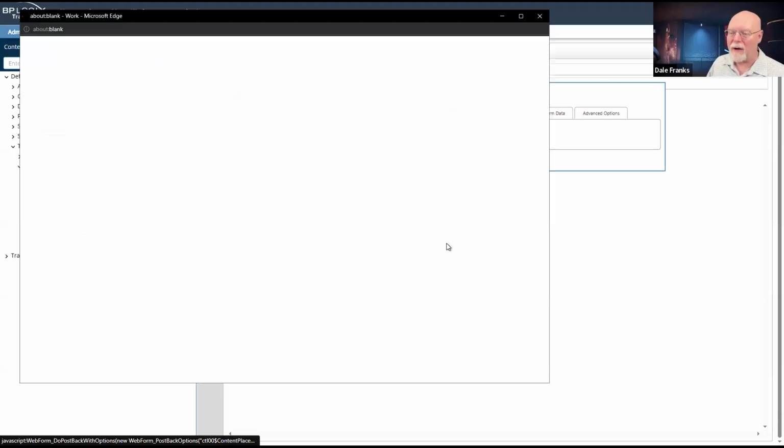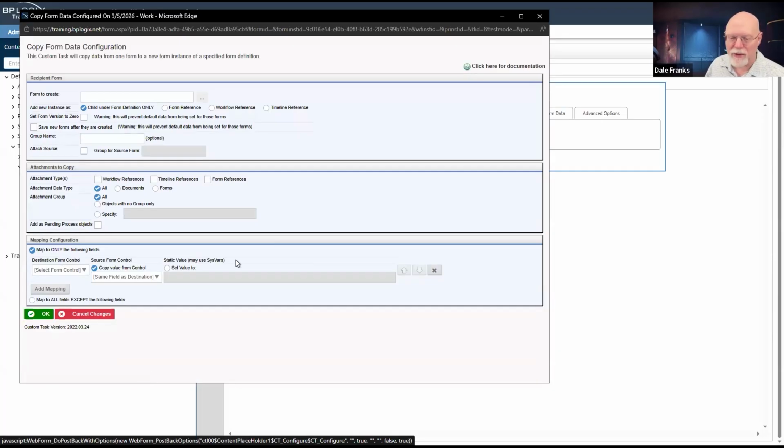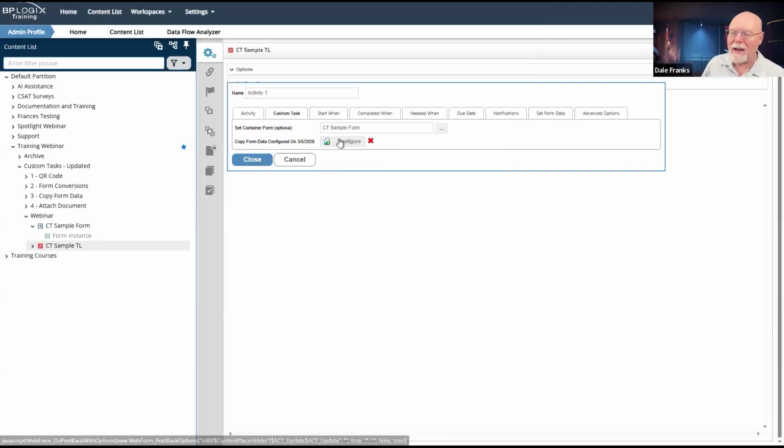And then I can now hit the configure, and it's still not going to work because there are no fields on that form. But at least it's looking for fields. It knows that fields exist. So it's looking for the same field. Well, it could be the same field as destination. That's the only option I have here because there are no other form fields. But this dropdown just simply doesn't work until I identify the form context.